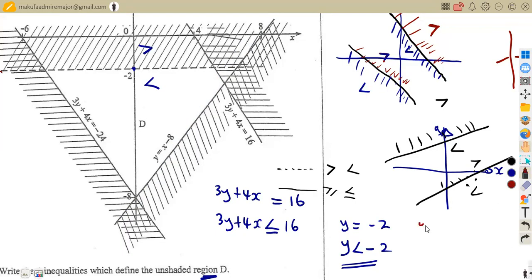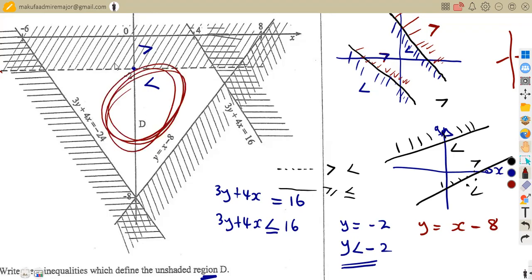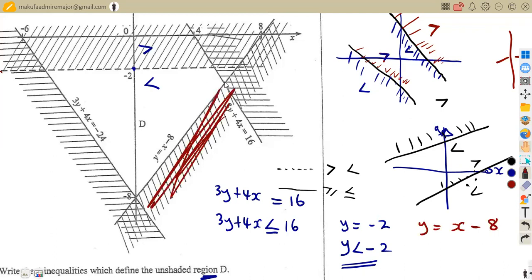We are given that y is equal to x minus 8. So let's compare. We are talking about this side here, the side that is not shaded. Here it's shaded, and we do not want these values, so you're not talking about them. We said if a line is like this, a slanted line like this,